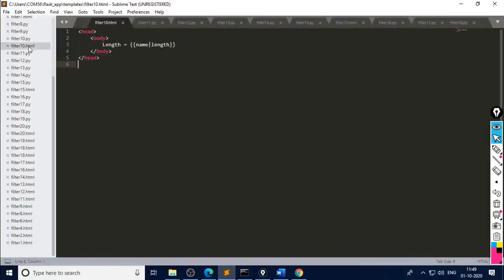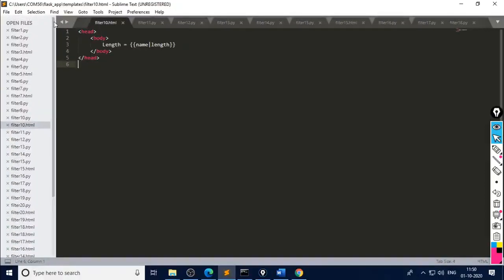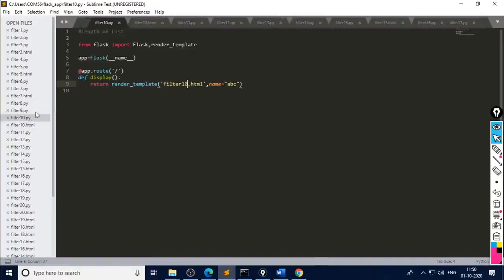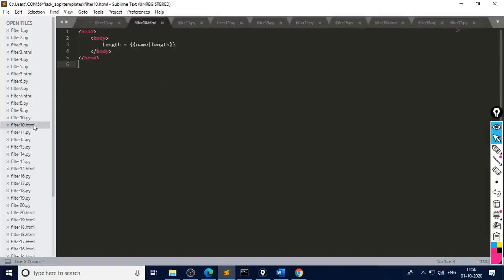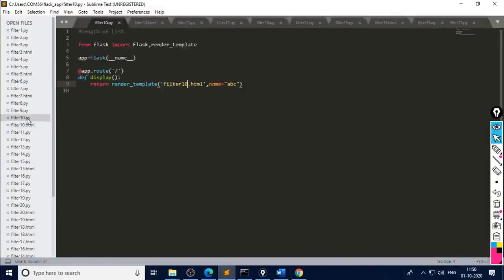Next one, 10.html, and the corresponding file here is 10.py. Length of a list or length of a string. So what is the corresponding filter here? Length. So we can apply length to a list.